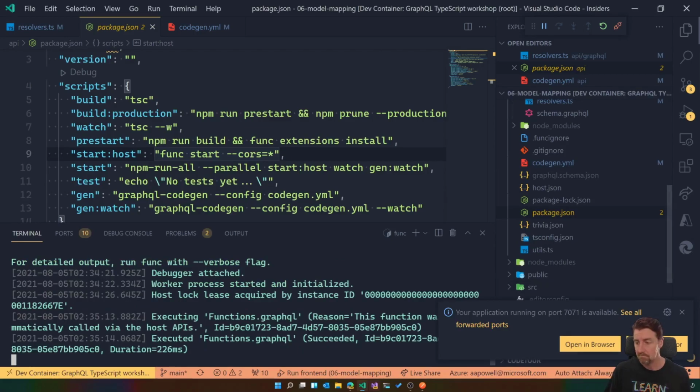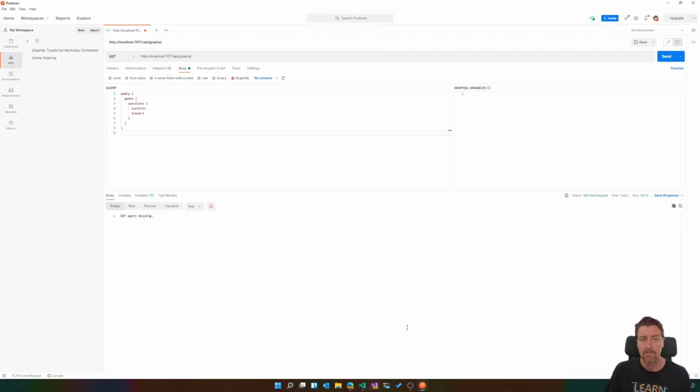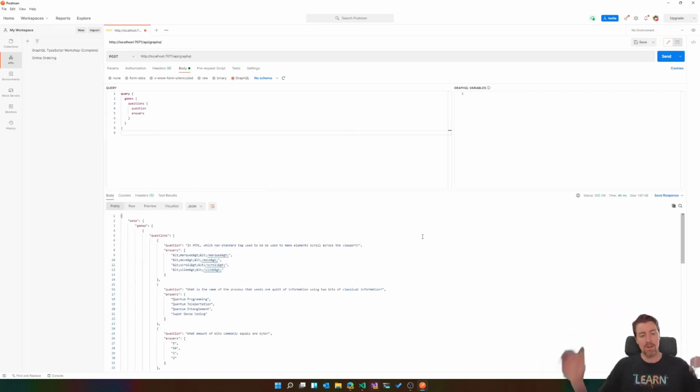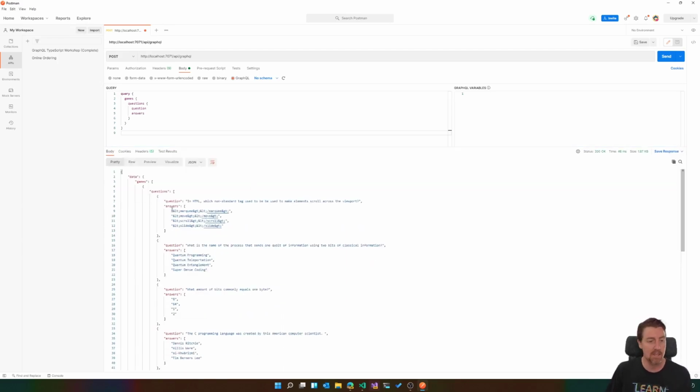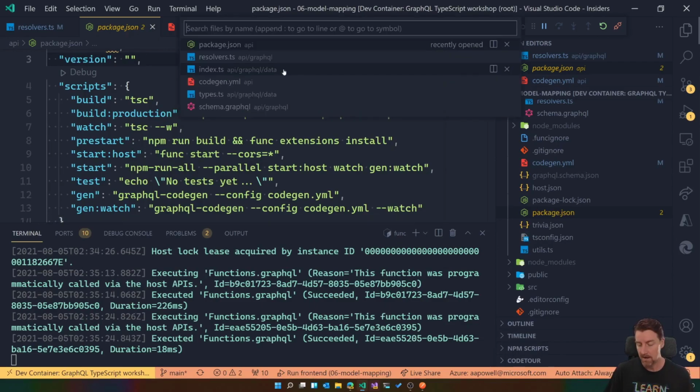There we go. It's definitely executed, so we can see that that function call has happened. And then, oh, sorry, that should have been a post, not a get. There we go. We managed to get it working. And also what we'll see is that it has successfully mapped those answers. If we were to come and have a look at our index.ts